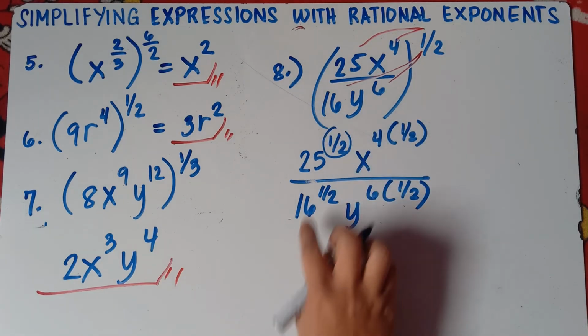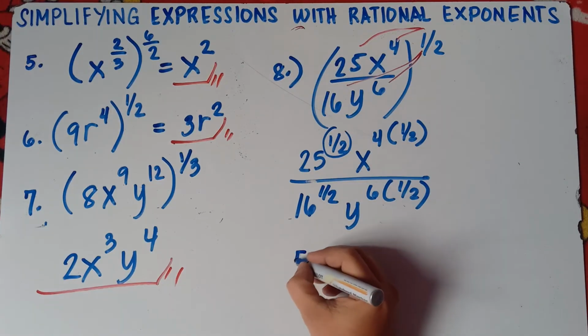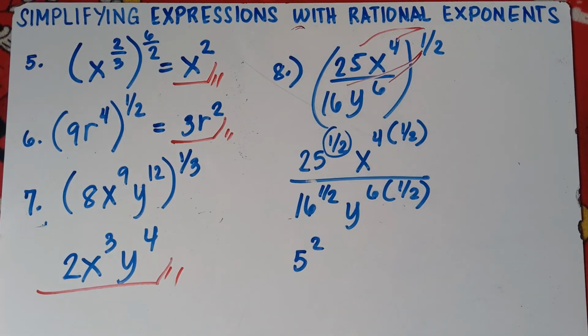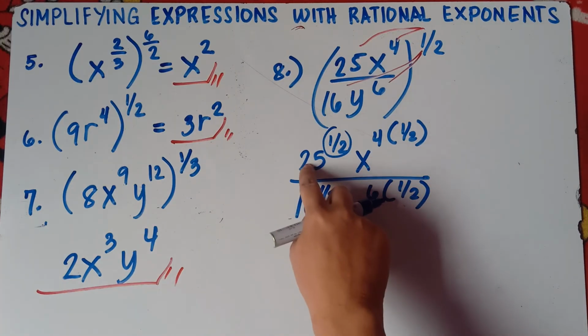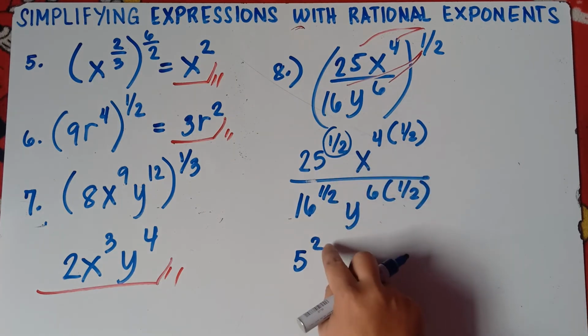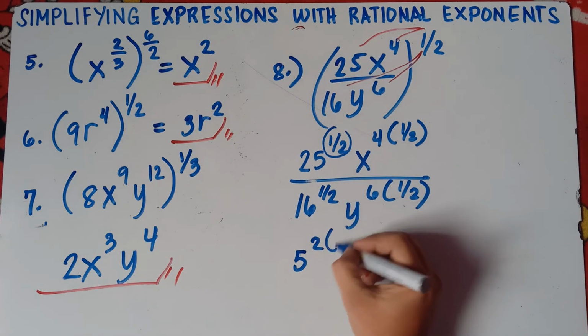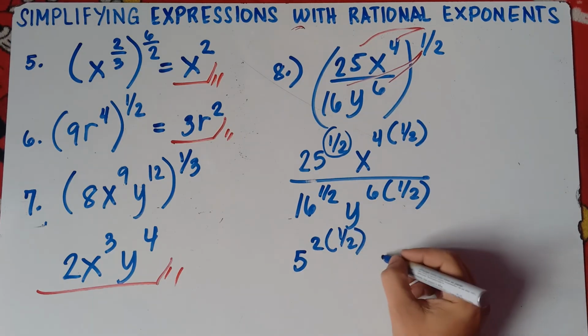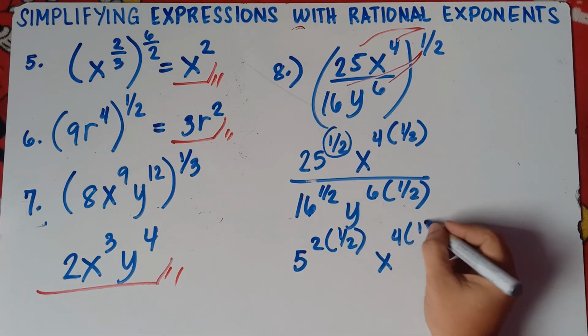So this is 1/2, so therefore, this 25, we can write this one as 5 squared, right? Is 5 squared the same as 25? Yep, 5 squared means 5 times 5. So 5 squared, that will be 25. Then you still have 1/2, so you multiply this 1/2 by this exponent 2. Times 1/2. Then x raised to the power of 4 times 1/2